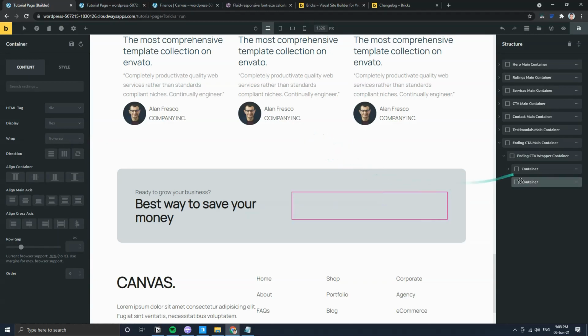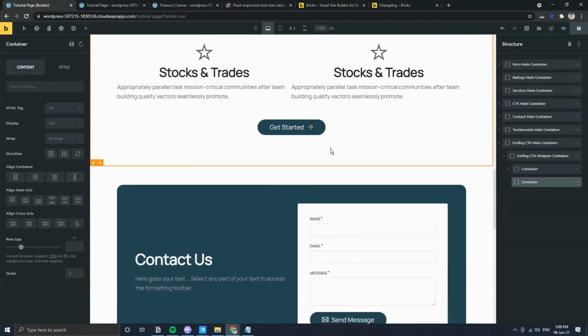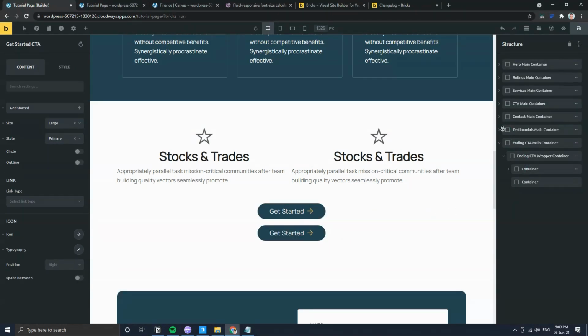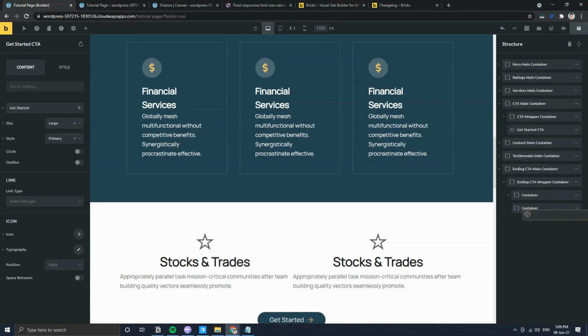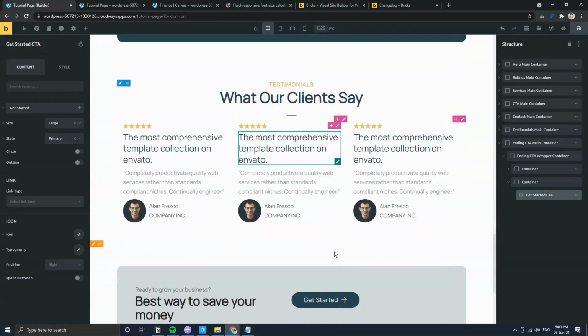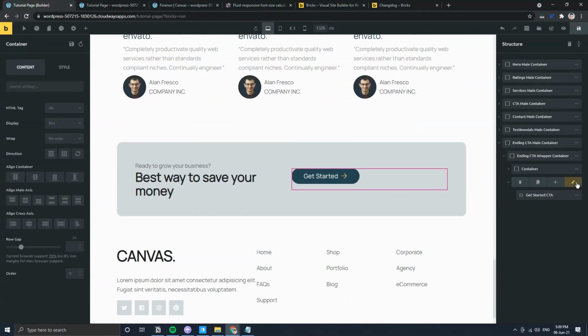cross axis, and then here is where we'll add two buttons. So we're just going to clone this button, take it from the CTA one, put this under this container. Yep, went in, great. And then over here it will be aligned to the end, align center, main axis, horizontal, center,